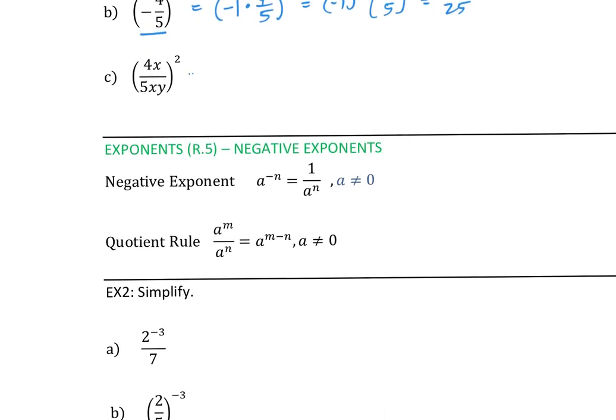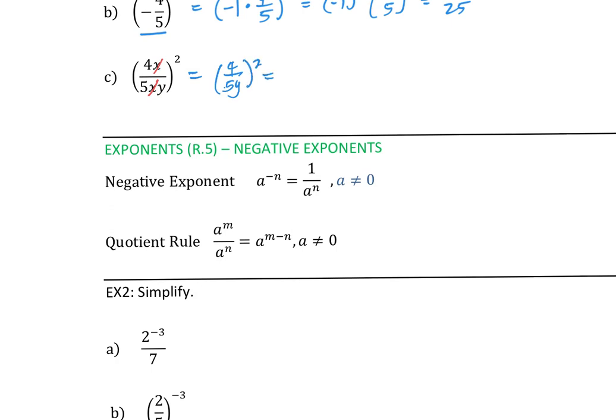And then, of course, we don't have to have numbers. We can also have variables in there. Something that we want to do first is we want to say, hey, can we reduce or simplify within the parentheses first? And in this case, I can cancel the x top and bottom to get 4/5y